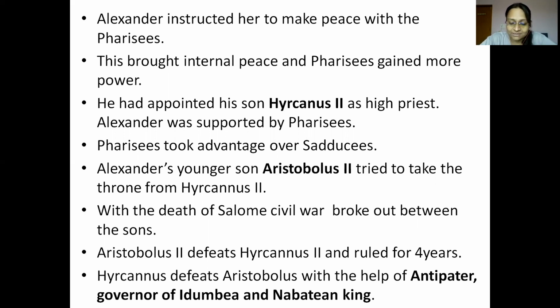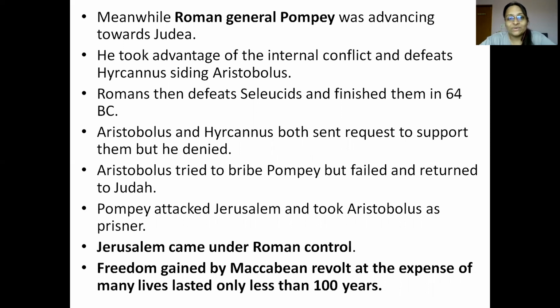the Nabatean king. Okay, so meanwhile we can see that the Roman kingdom is coming up now. So this Greek rule is going to subside gradually, and now the Roman rule is going to come up. So meanwhile, the Roman general Pompey was advancing towards Judea. Romans were gaining power all over the world, or all over this area, we can say, and they were moving towards Judea, to take control of Judea also gradually. So they were going to defeat the Syrians and the Ptolemies and all these, and gradually they are going to take control and make it into a Roman territory.